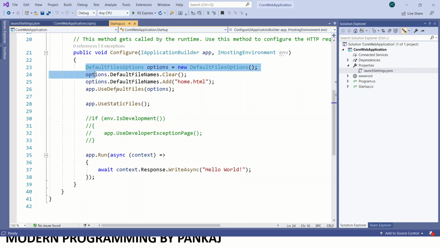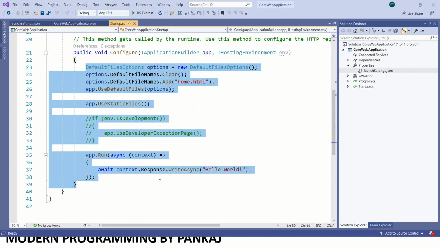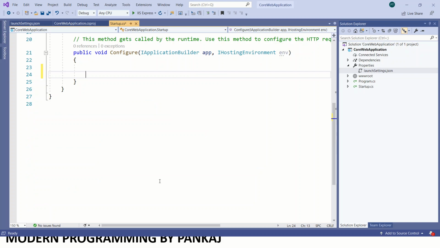Let me remove all these things first so the code is clear. This is the IHostingEnvironment service, which includes the EnvironmentName property, which contains the value of the ASPNETCORE_ENVIRONMENT variable.